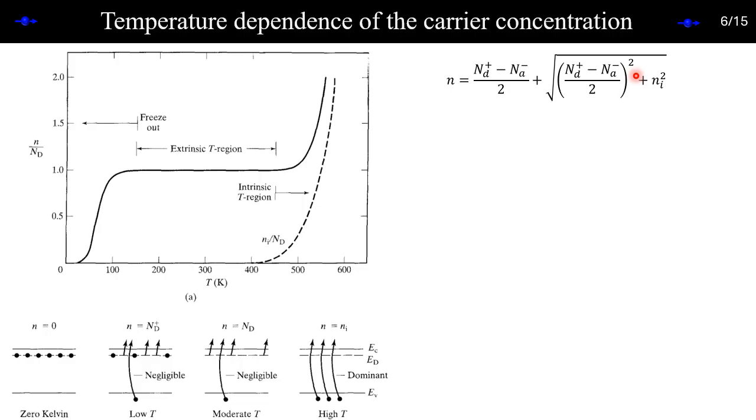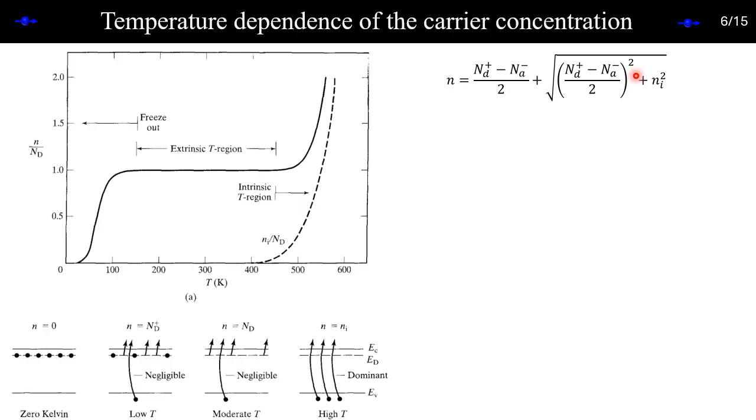So again, let's recap. What we said is that when you dope, depending on whether it is N-type or P-type, we get donor or acceptor energy levels. Those energy levels are close to the conduction and valence band. So donors donate. If Nd number of donors fully donate, then we get Nd plus ions, the same number of ions, and we get the same number of electrons, right?